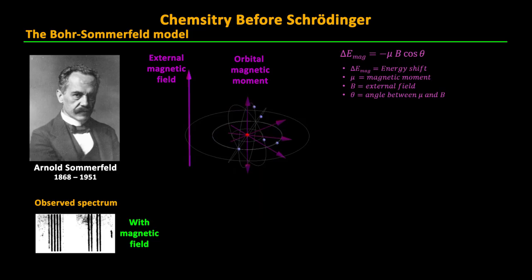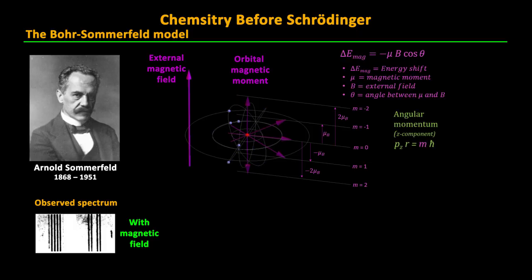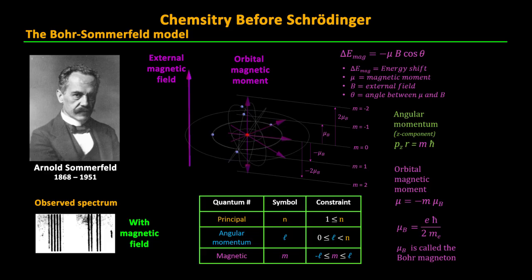In 1920, Sommerfeld came up with a way to explain this by assuming that even the rotation of the angular momentum relative to an external magnetic field was quantized. Creating yet another quantum number, m, Sommerfeld quantized the component of the angular momentum in the direction of the magnetic field as m times the reduced Planck's constant. The magnetic moment of the orbiting electron was also quantized as a result, equaling m times the electron charge times the reduced Planck's constant divided by 2 times the electron mass. Thus, this new quantum number came to be called the magnetic quantum number and could take on any integral value from negative L to L.